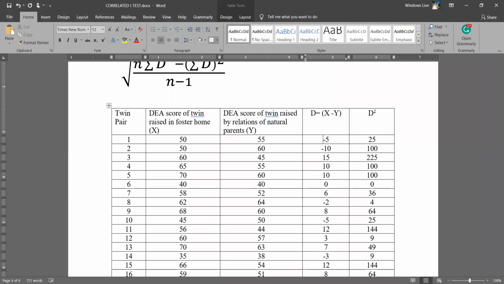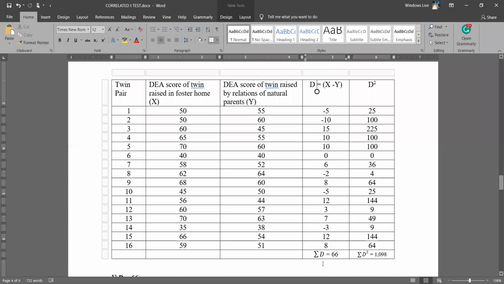D is equal to X minus Y, where X stands for the first score, Y stands for the second score. So you find it for each of the pairs. So 50 minus 65, 50 minus 50, then you go on and so on and so forth. So that will be for D. When you are done, then you solve for sigma D. It means you add